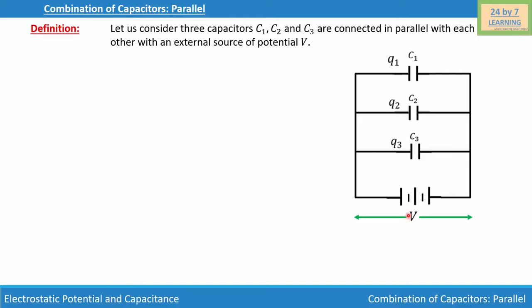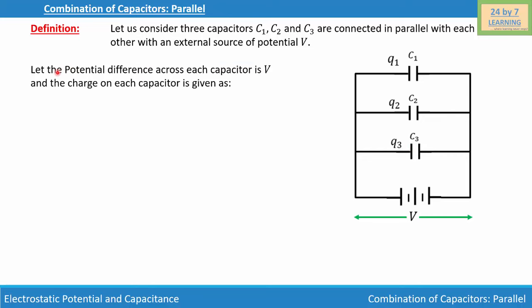potential V. Now, since capacitors are connected in parallel, the charges flowing through these capacitors are Q1, Q2 and Q3 respectively, and the sum of all the charges will be the total charge provided by the external source V. So we will write, let the potential difference across each capacitor be V, and the charge on each capacitor is given as Q1 is equal to C1 times V, Q2 is equal to C2 times V, and Q3 is equal